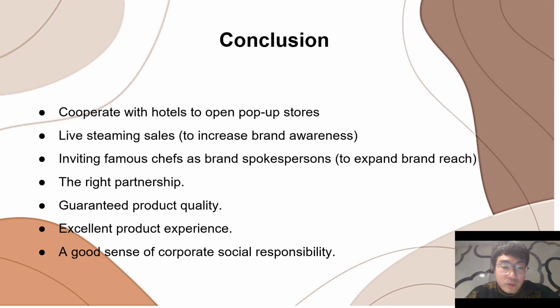In summary, to achieve growth in the UK market, we have done so through pop-up shops, live streaming, celebrity chef investments, and working with hotels as strategic partners. But in developing a new market, new competitors increase and there is a risk of losing old customers, so it's worth paying attention to areas like